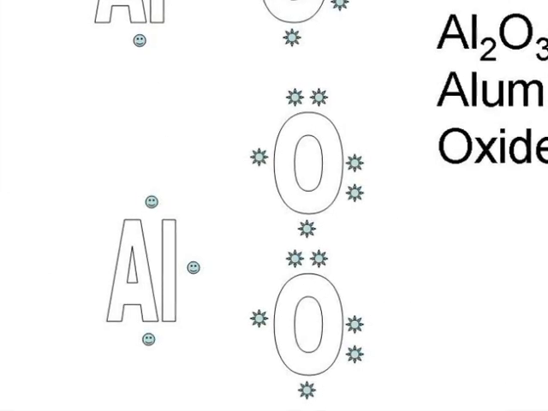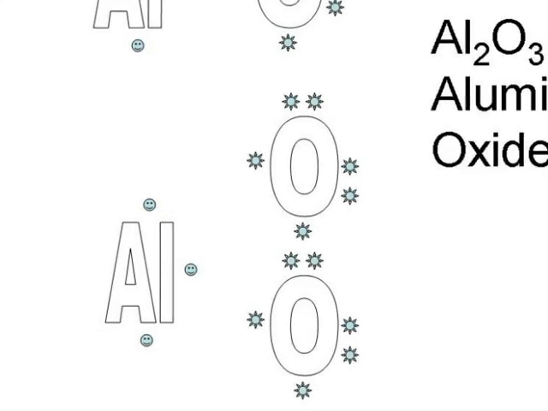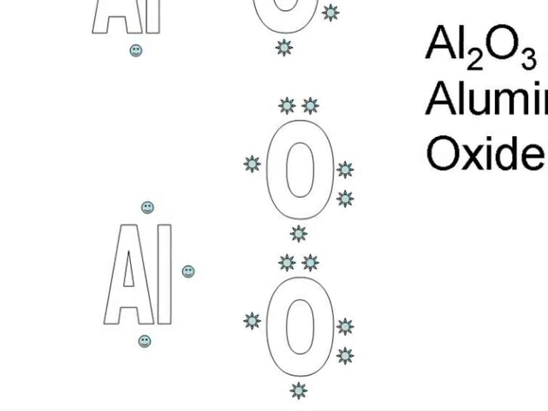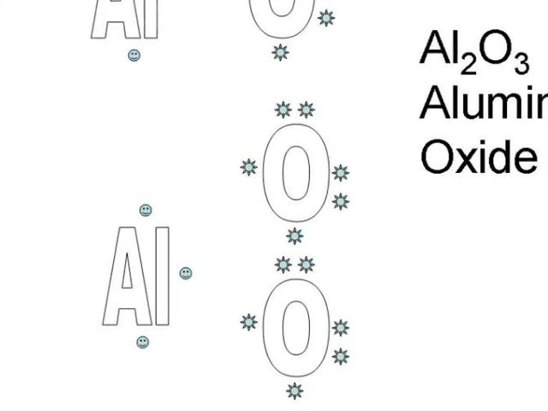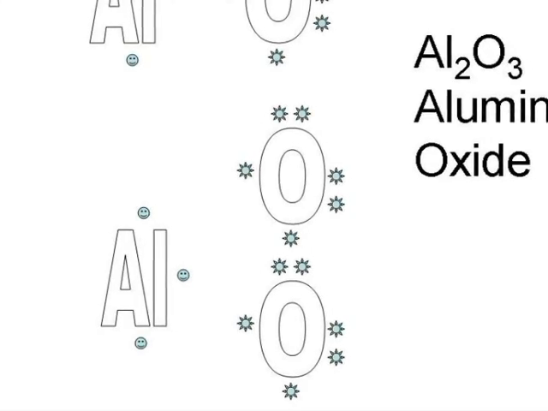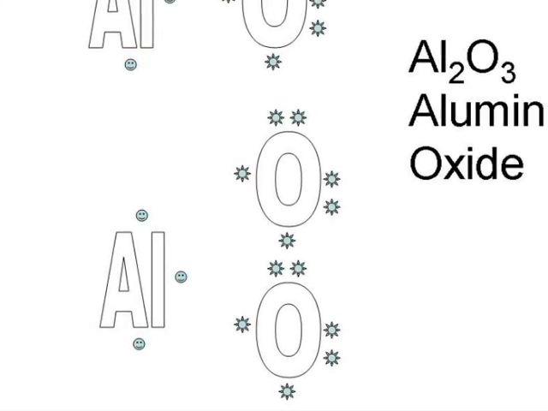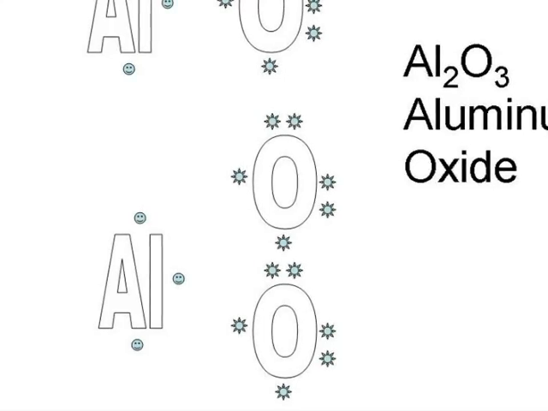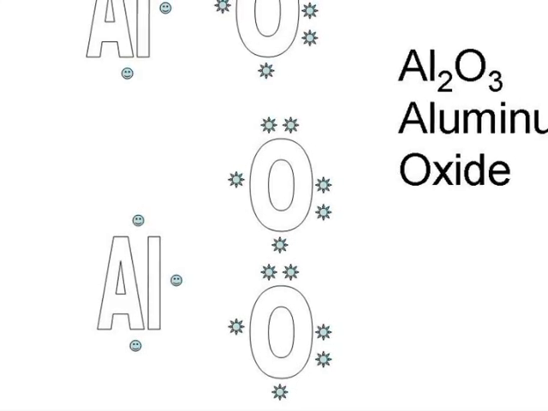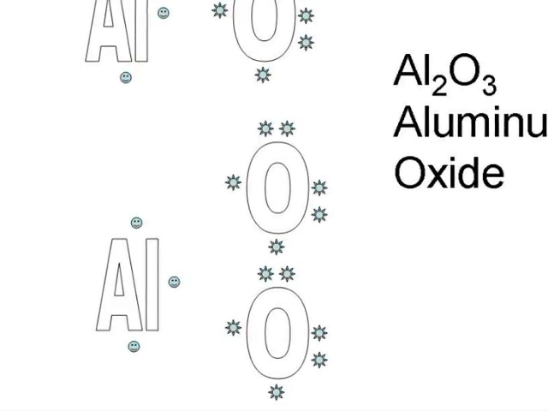Now, this is my animation slide. If you go to our teacher page, you can watch an animation of the aluminum losing its 6 electrons and the oxygen gaining its 6 electrons. I haven't figured out how to get that animation to play for you. I know that there's some screen capture